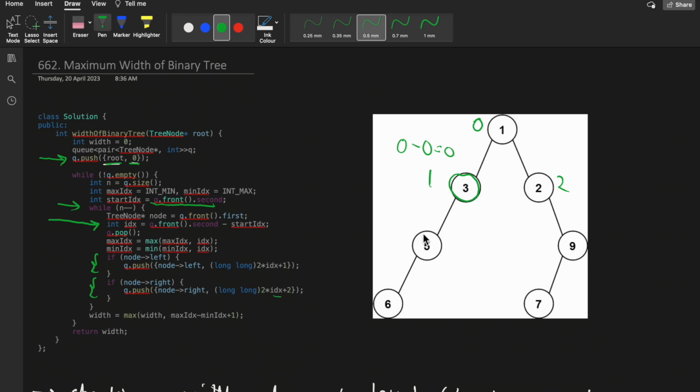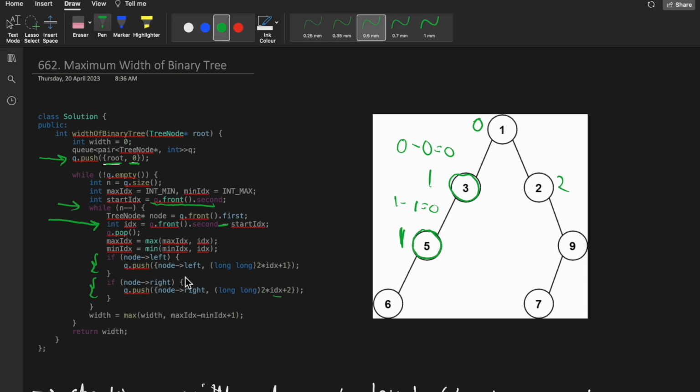For the next loop, when calculating and storing this node, what would be the starting index? Starting index would be 1, and what would be the current node index? So this would be the current node, right? Present here, present at the topmost. So it would be 1 minus 1, that this would be 0, right? So again this node would be numbered as 1, because this index value would be 0, because the current node index is 0 and starting node index is also the same, right? So subtracting them would result into 0, and that's how we will start numbering at each node for each level